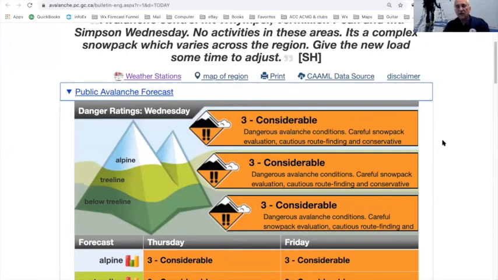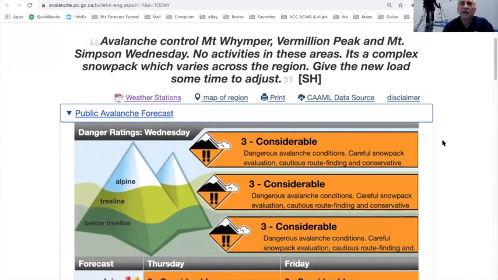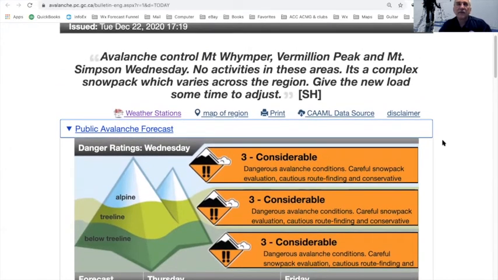If it looks like things are going to be kind of nice and clear, like what's about to happen, then you go, well, then probably considerable is what it's going to be during the day. And considerable, the fact that they're doing avalanche control on Whymper and Vermilion Peak and Simpson tomorrow means they're expecting to get some results. It means avalanches are kind of likely. You don't waste time using explosive control if you don't think you're going to get avalanches. Anyway,